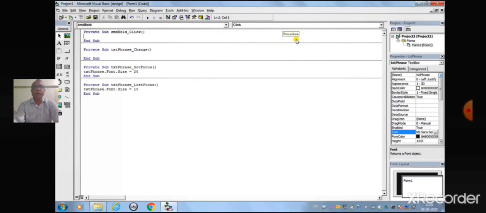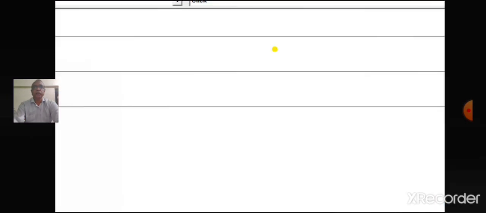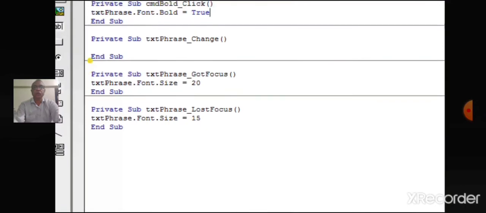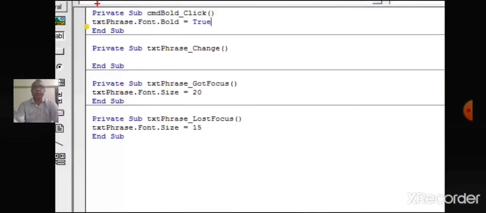Type in the line txtPhrase dot Font dot Bold equals True. So now we have created three event procedures: one for LostFocus, one for GotFocus, and the other one is cmdBold, that is Click. The event name is Click.